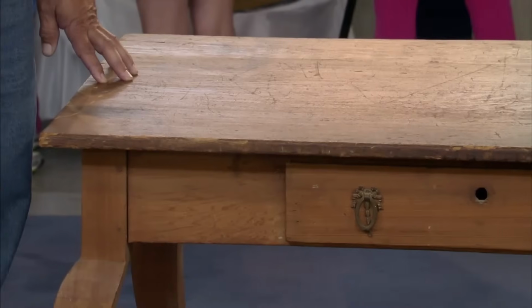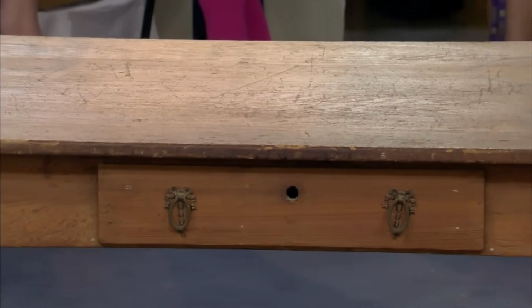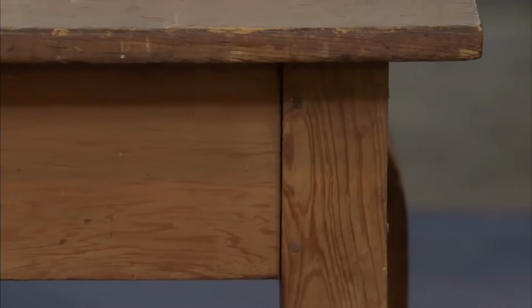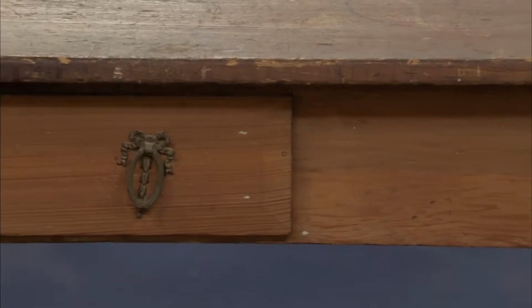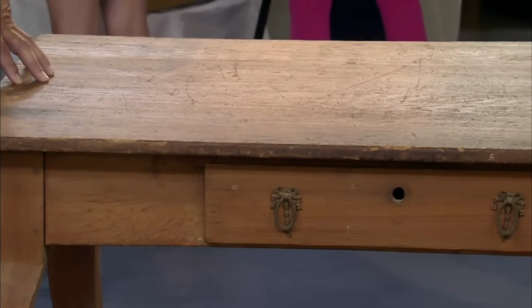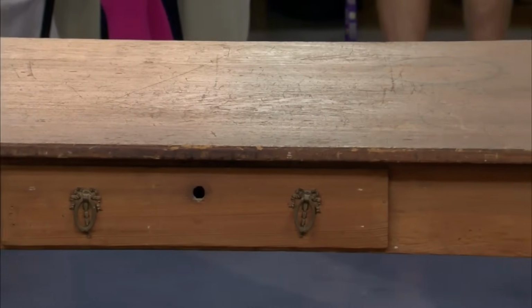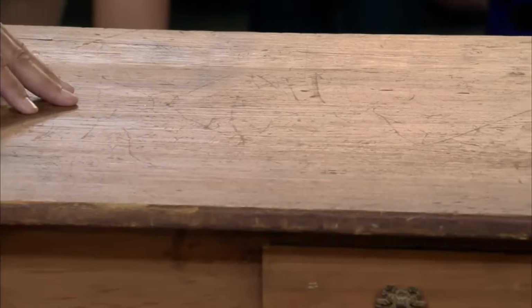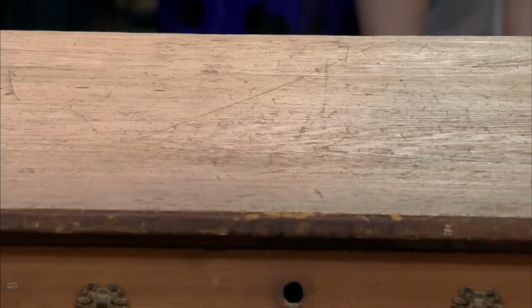This treasure table was passed down through the guest's family from Abbeville, Louisiana, located in the heart of Cajun country. The guest's cousin's grandfather, Grandpa Moss, is believed to have worked on the table in the courthouse in the early 19th century. The table eventually came into the guest's possession after being stored in their father's barn for many years. Made of cypress wood, a rarity in furniture from that region, the table had a unique charm, despite its weathered